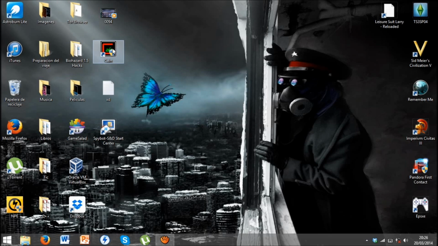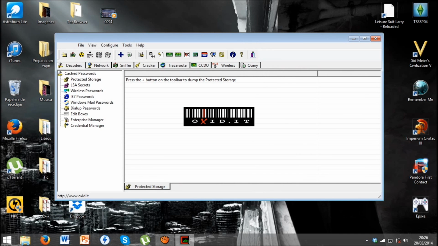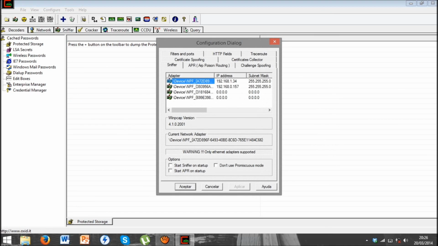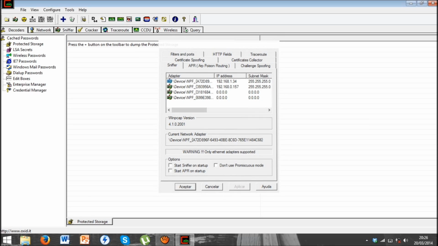If we want to introduce ourselves in the other computer, we have to download the program Kine. First of all, we have to open the program. Then we have to press the button Configure. The next step is to introduce the web where the computer is in. The following step is to make a click on the button you can see on your screen.